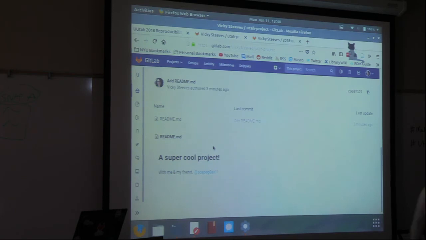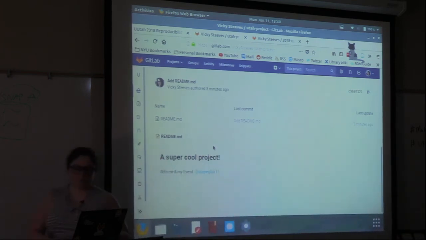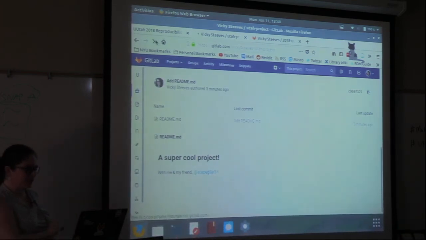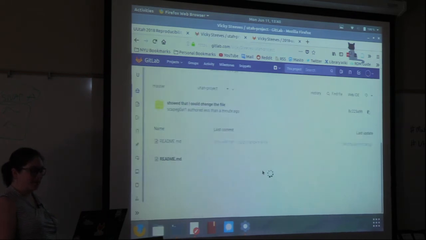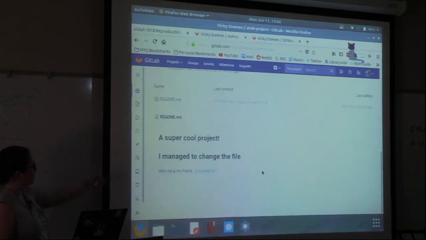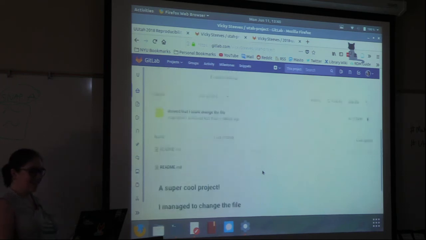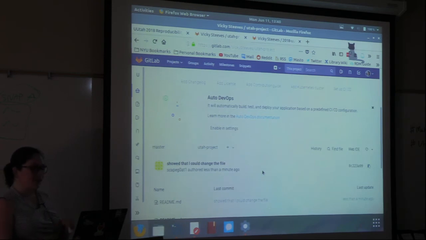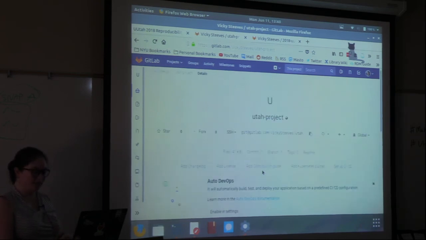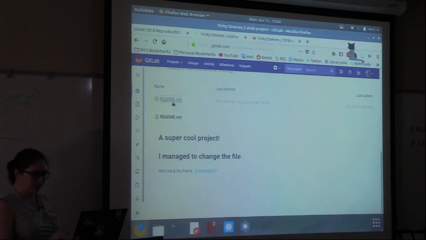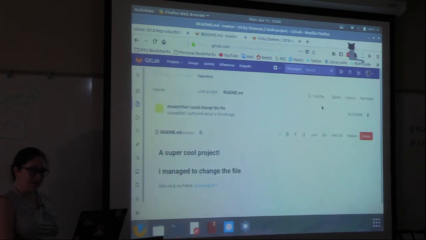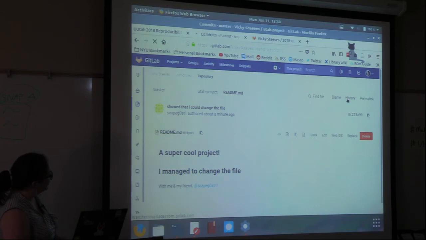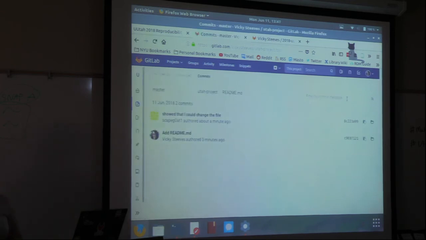Okay, you did it? Cool. Okay. So my super cool friend, Scapegoat1, has managed to change the file. Yay. So we have a new line in our file. And now we can look at the commit history. So I can see, how did he change this file? If I click this, I can look at the history. So if you click the Readme file,